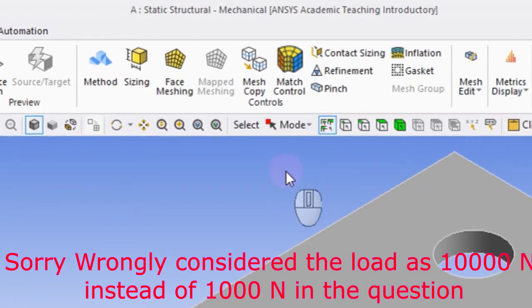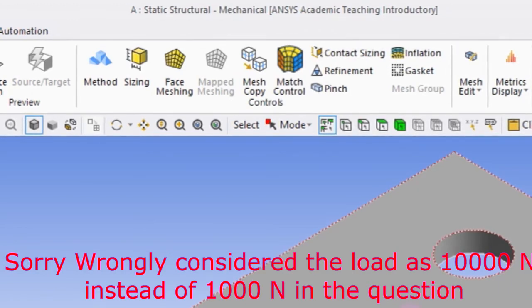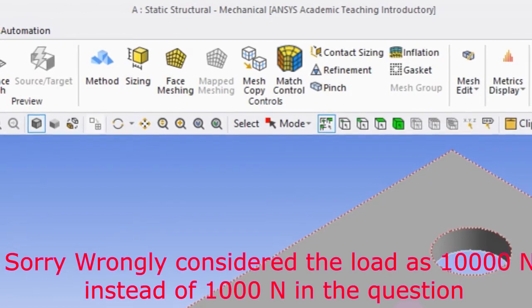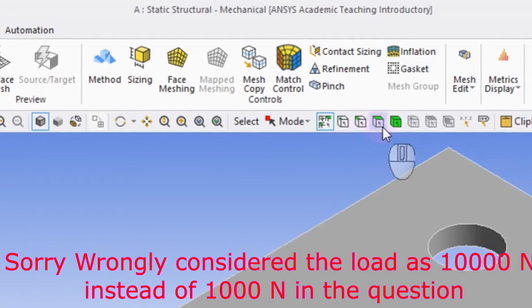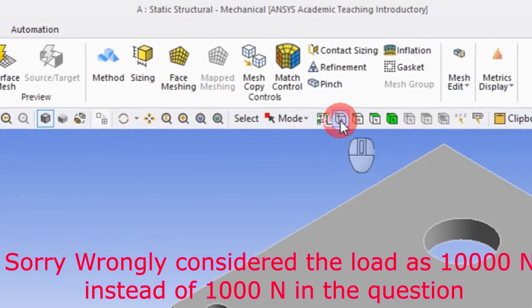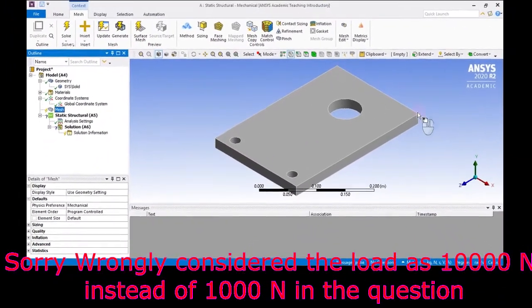Otherwise, sometimes, for example, I want to select this entire object. Smart selection cannot be applied here because whenever I move, it shows only the face. I can't select this entire object as one particular constraint. So in those cases, you can use these icons to select it. The first one is vertex. When I click this, you can select only the vertex, not the edges or anything else.